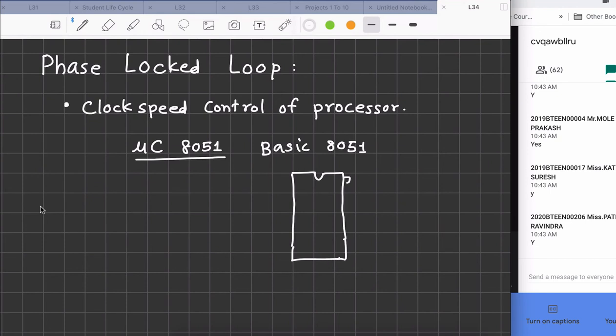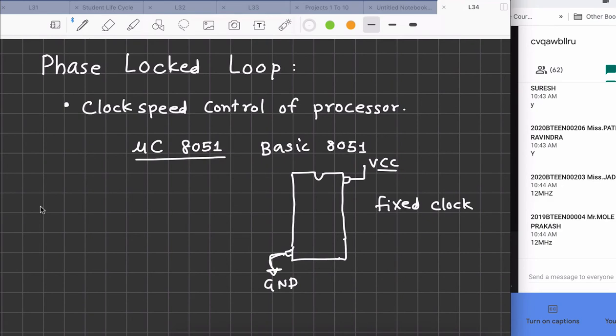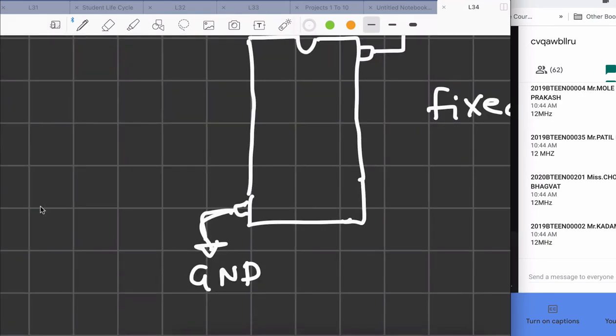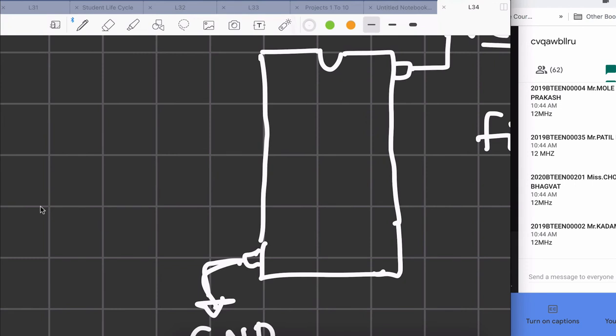So pin number 40 is VCC, pin number 20 is ground, and since it's a basic 8051, it has a fixed clock frequency. What is the typical crystal that we use for 8051? What is the crystal value? 12 megahertz. To which pins do we connect it? Pin number 19,